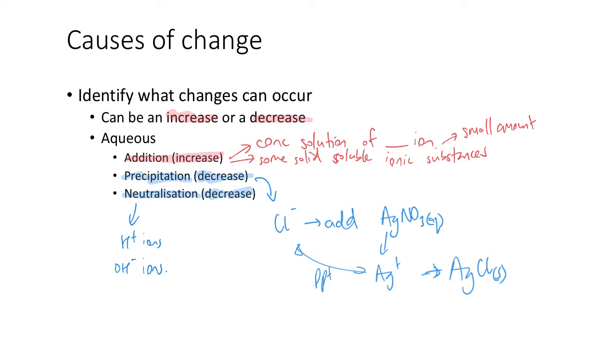But the idea is that you can't just remove ions from solution. You have to get rid of them either via neutralization or precipitation, which is a little bit trickier when you're looking at a question and it says, oh, here's this system at equilibrium and I just add this random solid. You're like, why are you adding this random solid? This random solid is not in the equilibrium system. It might be a precipitation reaction to remove one of the ions from solution. All right,